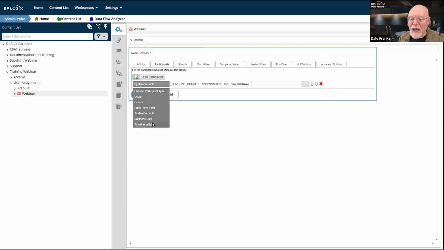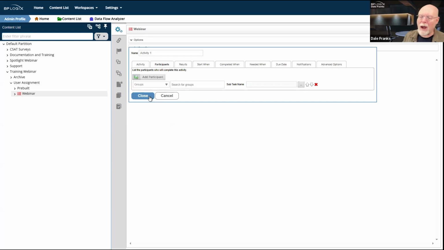Okay, that is everything, but there is one thing I want you to notice. No matter how you have it set up, it could be groups, it could be users, system variables, or whatever, there's this little thing over here called subtask name.